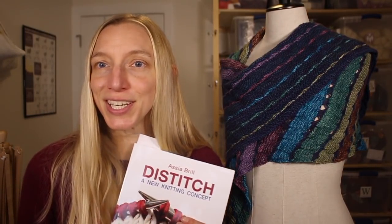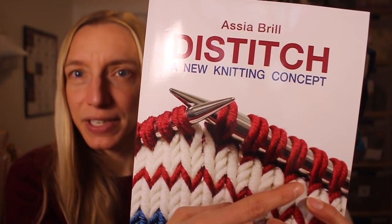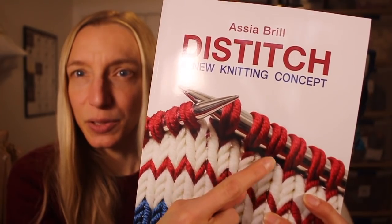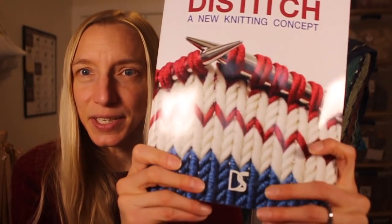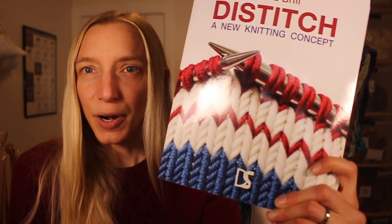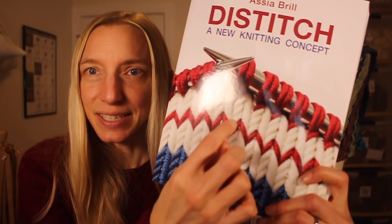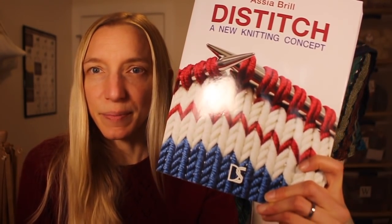But let's go back to the beginning. So what is Distitch? And you can see from the cover that it involves having double loops on your needles. And I think you can also see from the cover that it creates stitches that are kind of more peaked and more distinct. They have a kind of more distinct edge to them than traditional knitting. So Distitch is,